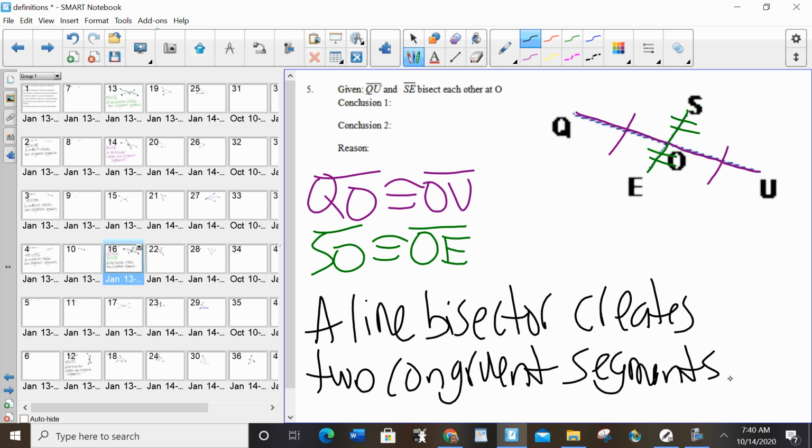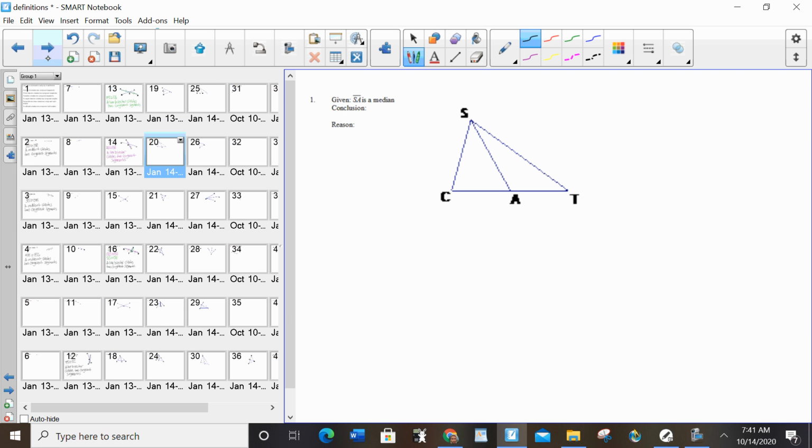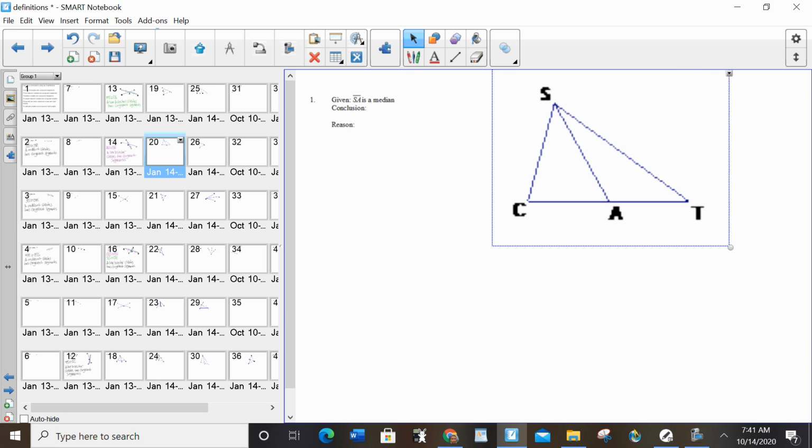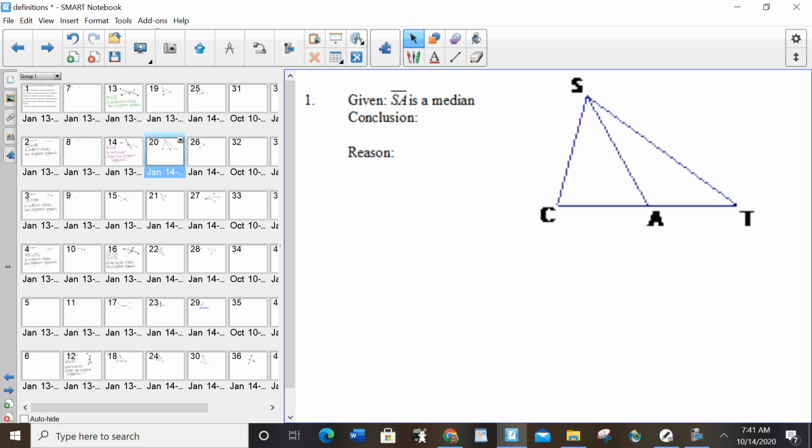All right, let's move on to median. So there's 2 important things to know about median. It's important to know what a median does, and it's important to know what a median is. In this course, it's very important to understand what a median is. For this lesson, it's more important to know what a median does. So what it is,